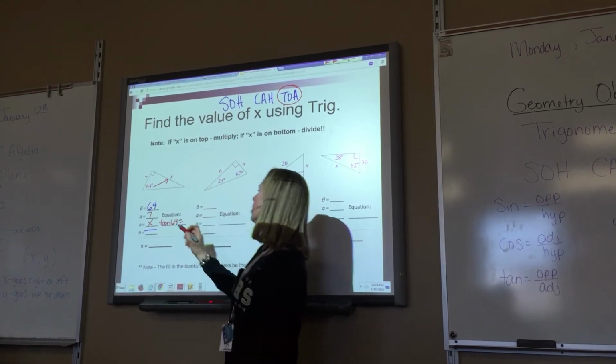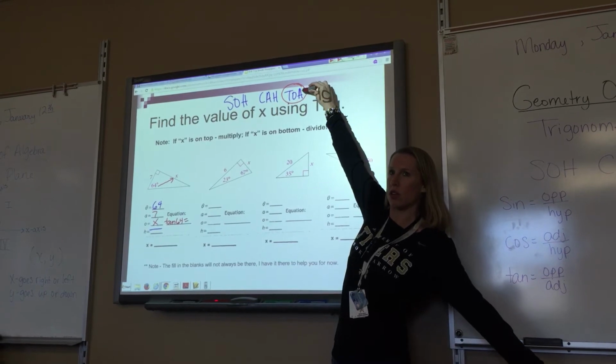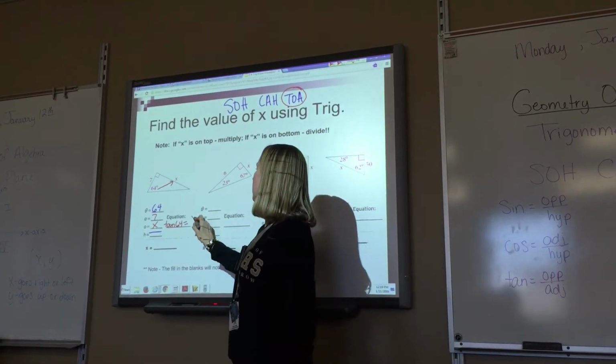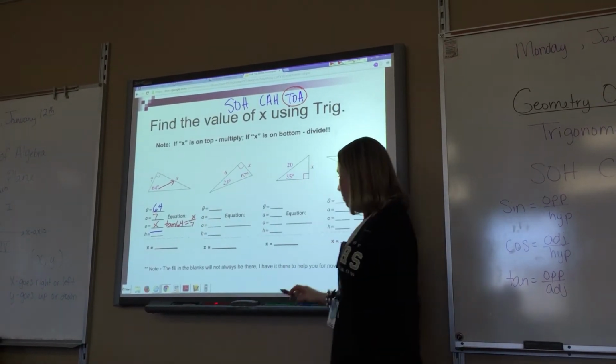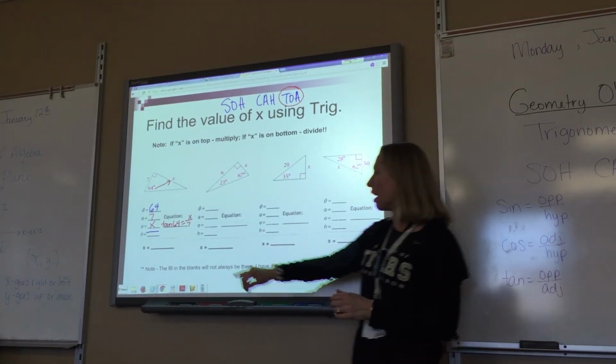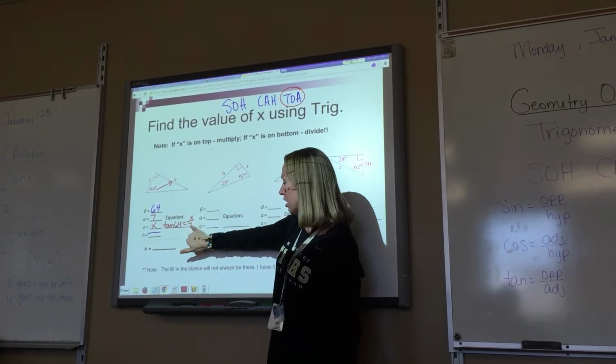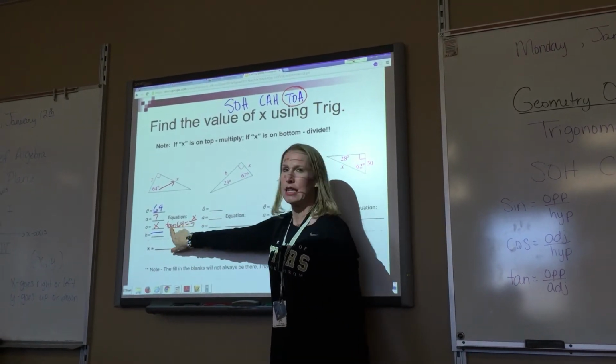64 equals, you have to put O over A. So what goes on top? X over 7. X is up high. That's how you know to multiply. So you take the number over by the X first in your calculator, and you're going to do 7 times